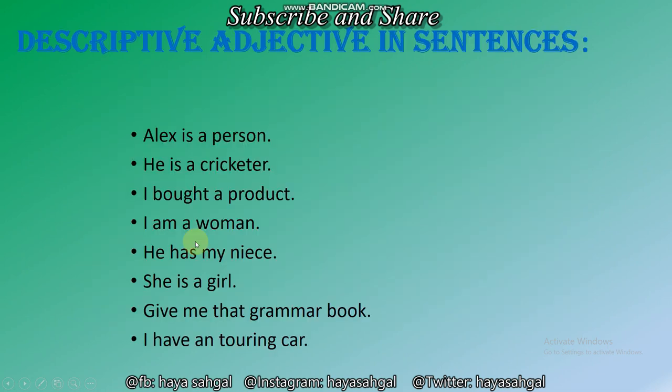Now here I have a few sentences. What do you have to do? Read them all properly and make each sentence attractive by adding descriptive adjectives. Description we always get by adding adjectives and sometimes adverbs. So you have to make it attractive by adding such adjectives that are related and that can clarify these statements very well. You will write it on a piece of paper and you will submit it in your Google Classroom